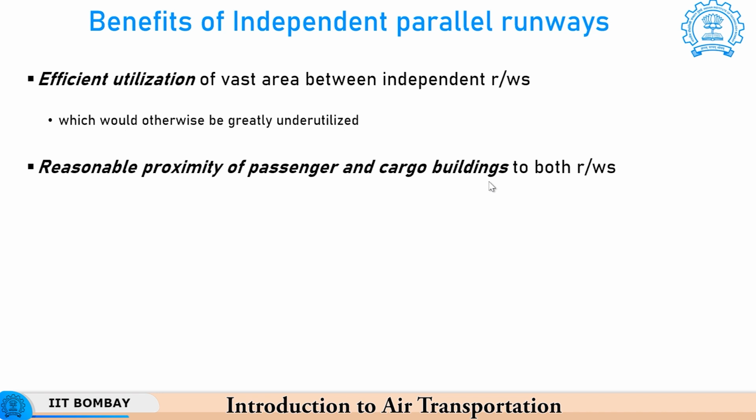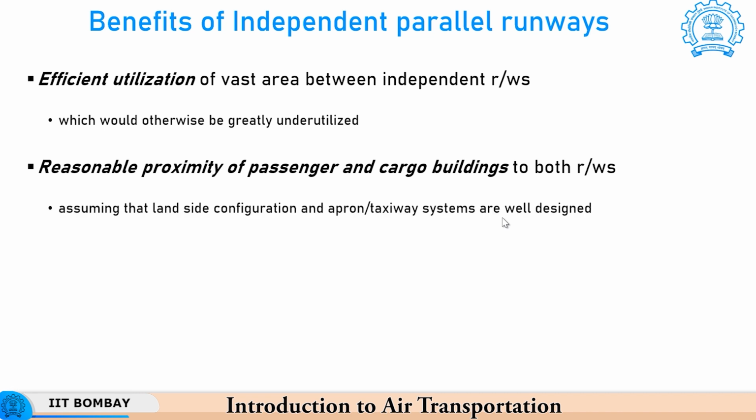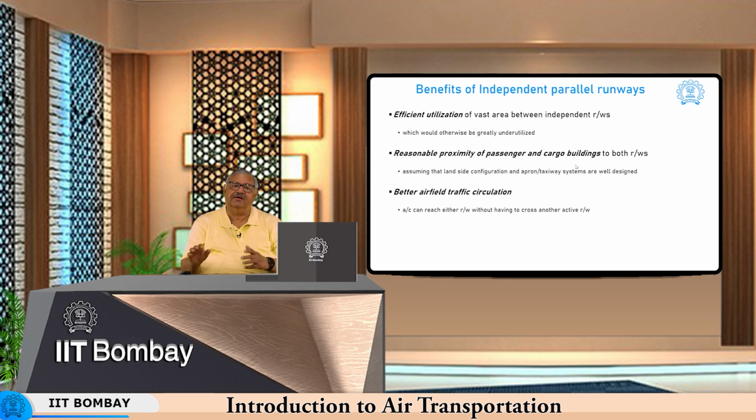Then on both the runways there will be reasonable proximity of passengers and cargo buildings, because passengers can go either here or there from the center. So, it is very convenient. We are assuming in this case that the landside configuration and apron texture is as you can see in the Munich airport. Then there will be better airfield traffic circulation, because aircraft can reach either end of the runway without